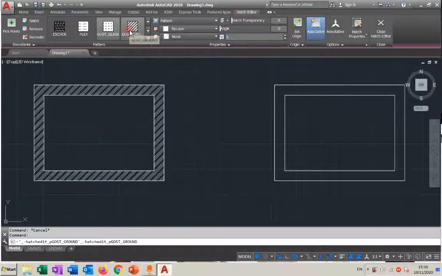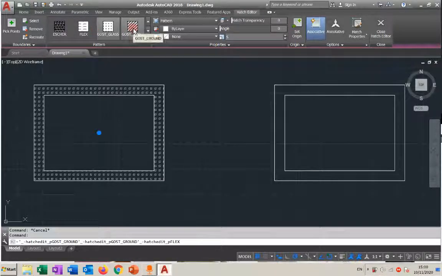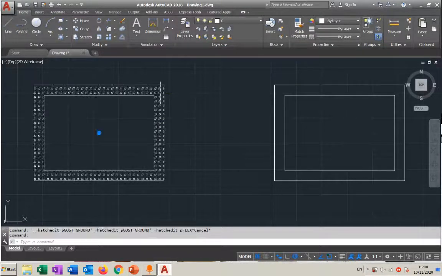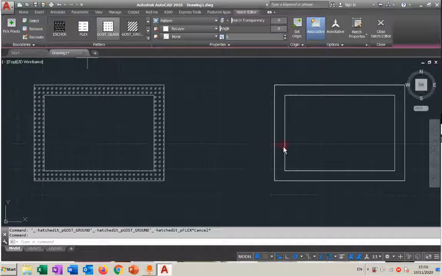I can change, for example, even the pattern. I can change the pattern, but only this one will change. Why? Because I've done this one alone. Let me tell you what it means. If I do another one here,